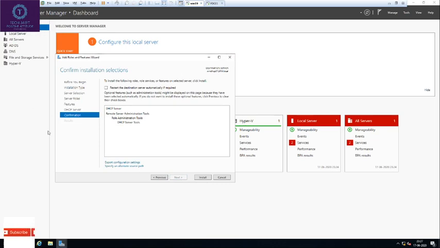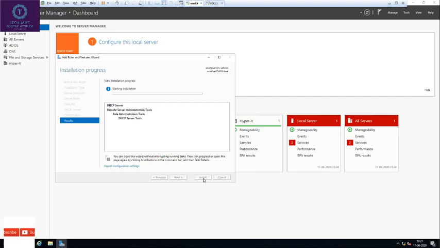Confirmation of installation for the DHCP role. If you don't want to install it, you can either cancel or go back, or if you want to select more roles or features, hit previous and go back and select the options that you want to install. I just want to install DHCP server and it's the only one selected, so I will hit install.